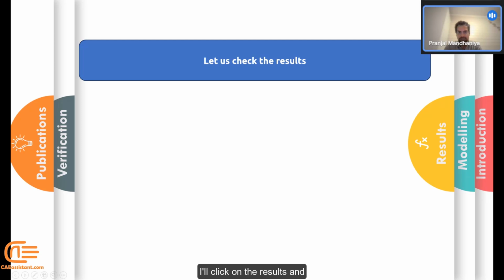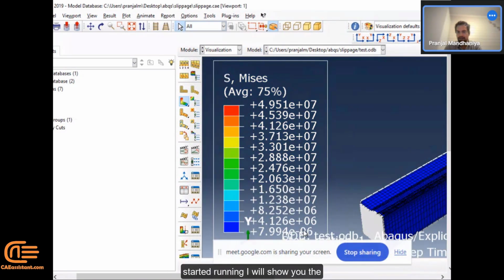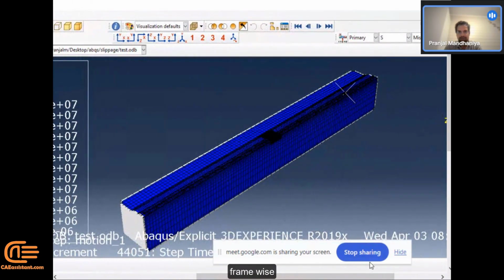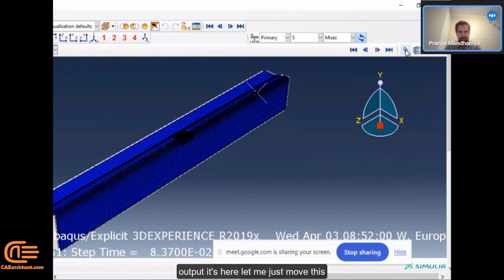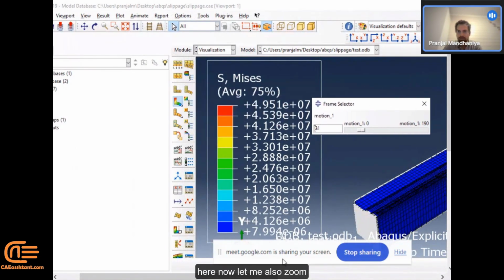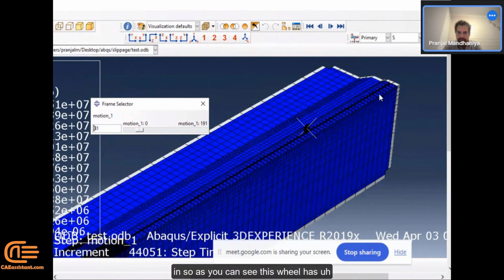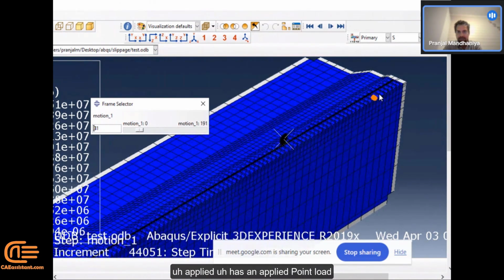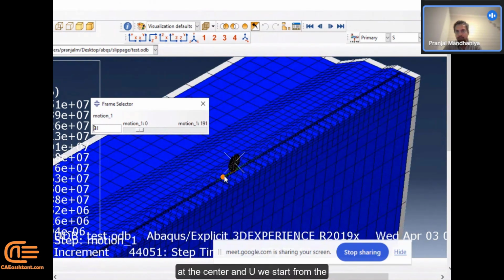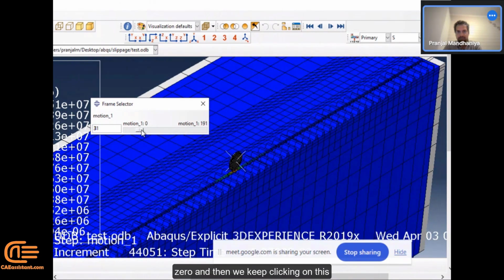Click on the results, and as you can see, the wheel has started running. I will show you the frame-wise output. Yeah, it's here. Let me just move this frame to here. Let me also zoom in. So as you can see, this wheel has an applied point load at the center, and we start from 0, and then we keep clicking on this, and we see that this wheel has started moving,